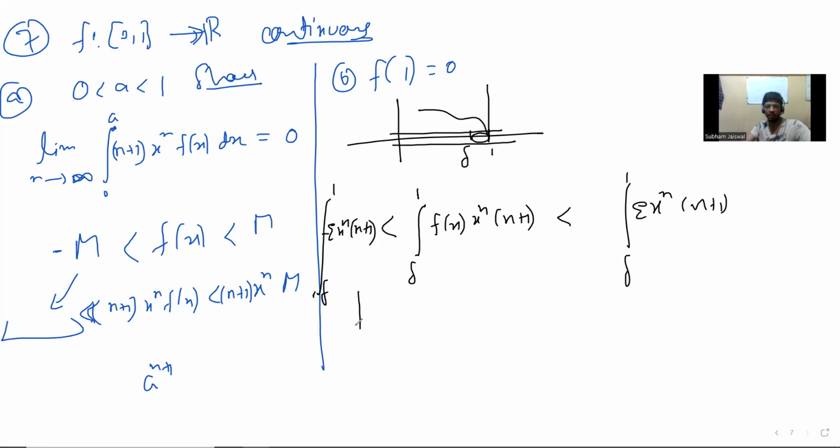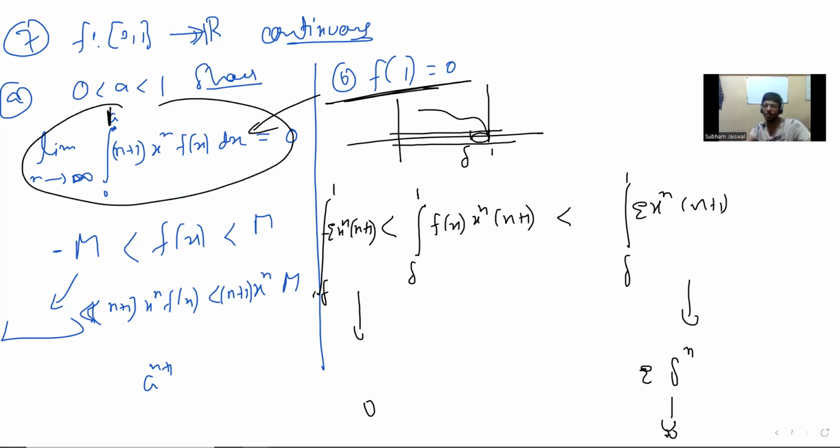Now you have to work these things out, delta to 1, and when you do this calculation, so what do you get? Yeah, so then you will get something like delta to the n or something like that. But then delta is less than 1, so in the limit it really goes to 0. And you will need that, right? You need to show that the limit is 0. And f of 1 equal to 0, then also you want to say this, but for this, that's the question, sorry. And then that's it. And then this part you have done, and then from 0 to delta, that is really what we have already done, 0 to a, when a is less than 1, delta is less than 1. So that's not very difficult.